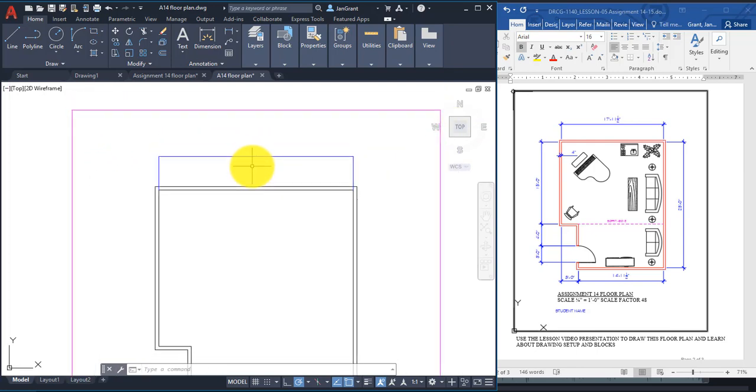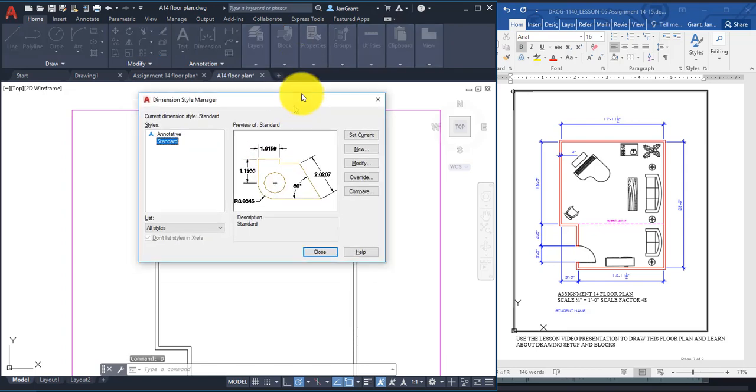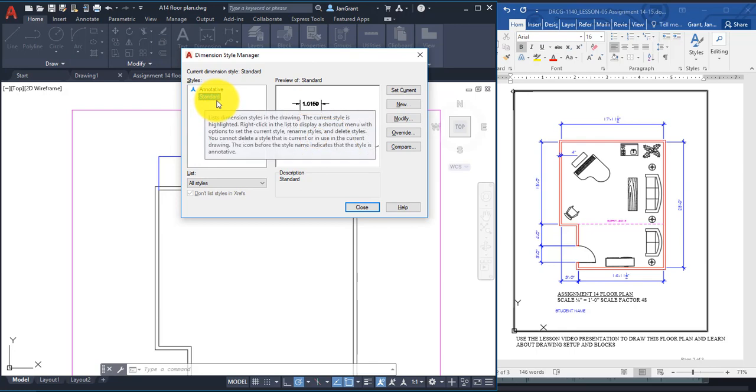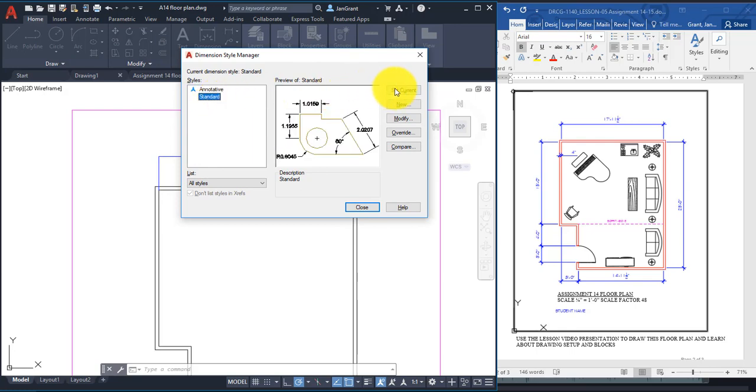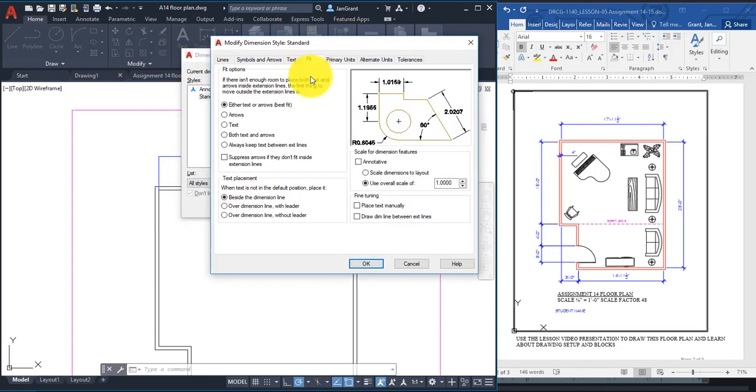So to change that, we're going to type in D and enter to get to the Dimension Style Manager. If you want to change the standard style, you can modify it, or you can create a new one. If you create a new one, you can call it whatever the scale factor is or whatever the job name is, and it actually starts with the standard style and then continues to modify the improvements to the new style. But for this drawing, I'm just going to go ahead and pick modify, and in the fit tab right here